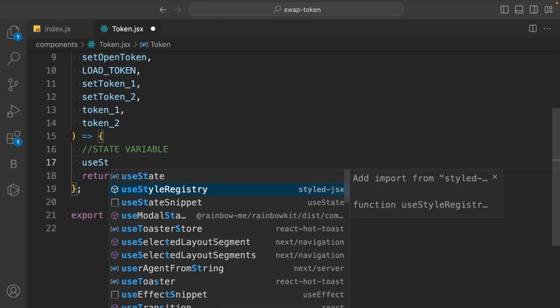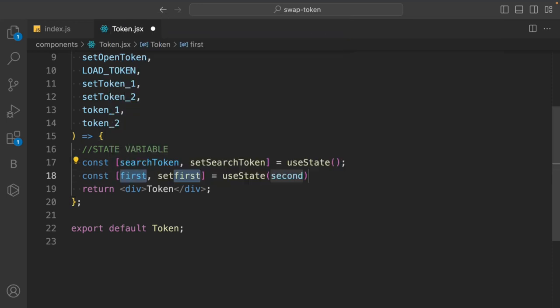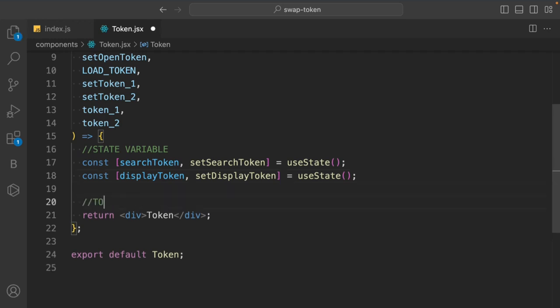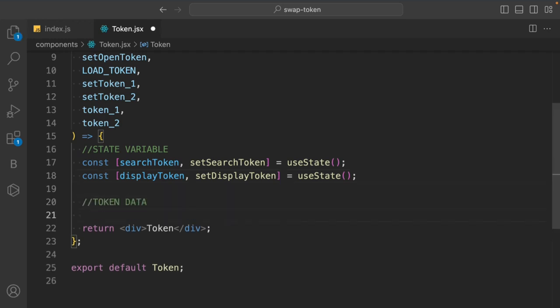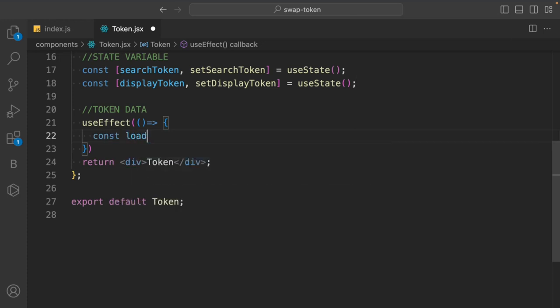So first thing is going to be the search token. The user will provide the address, and we have to search the information of the token. So this will be the search token, and then we're going to have the display token. Then we can come back here and let's try to call the function. So the token load function. We'll take this useEffect, and in that we're going to create an internal function. Let's call this const loadToken. It's going to be an async